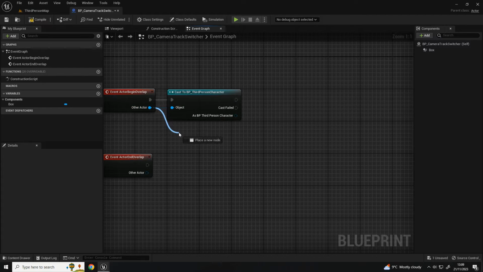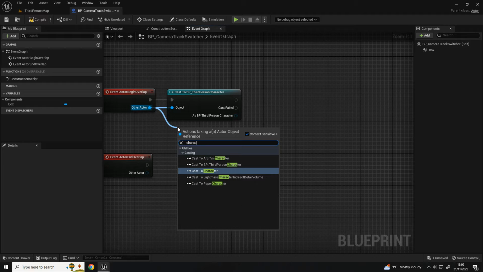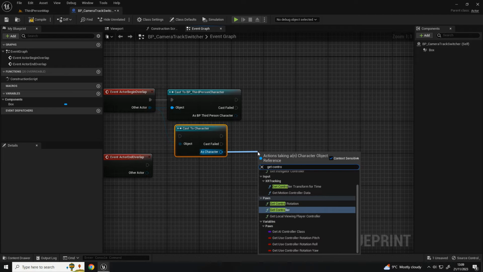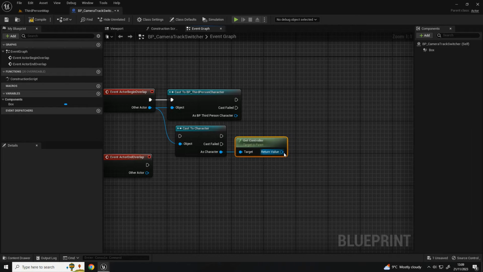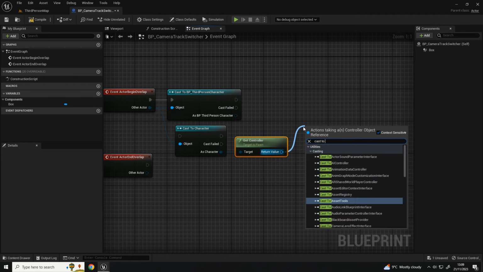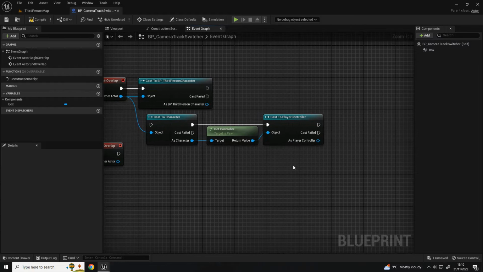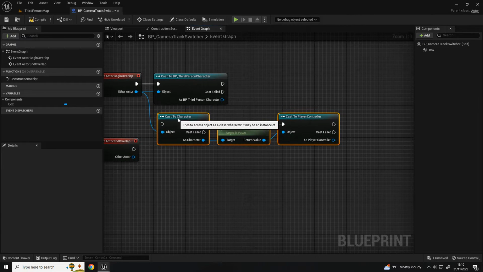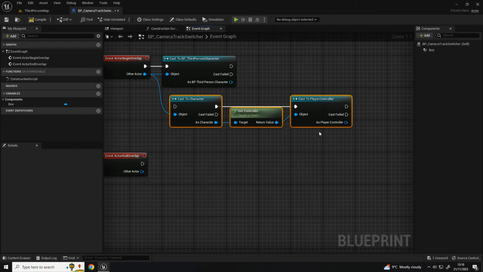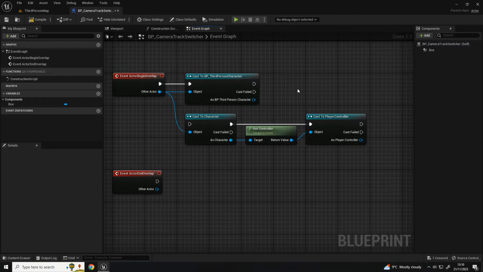Alternatively, the next thing that you can do is potentially cast to the character instead, and then get the controller, and then cast to the player controller, like so. So you can use this to check if it's a player character or not. In this particular example, as we're just using the third person character,